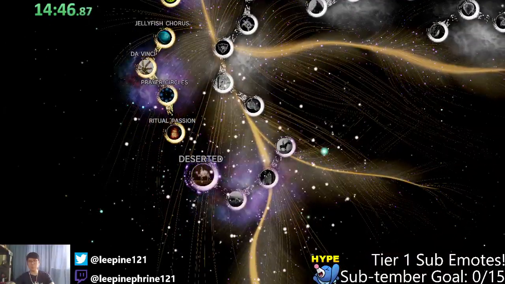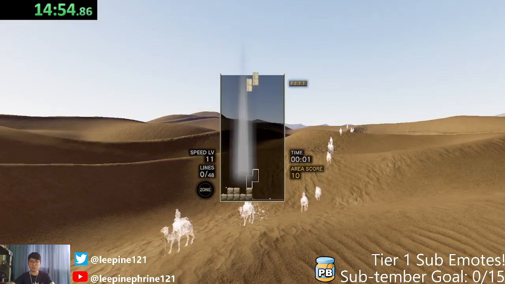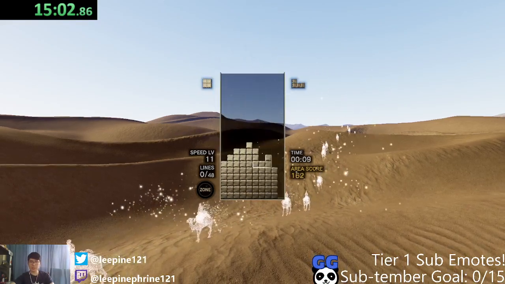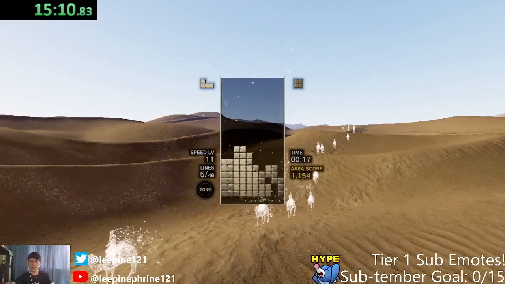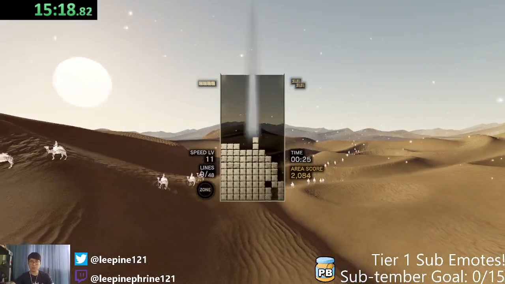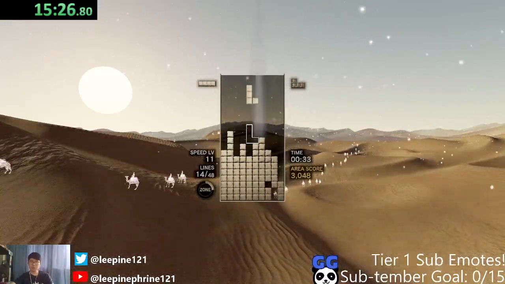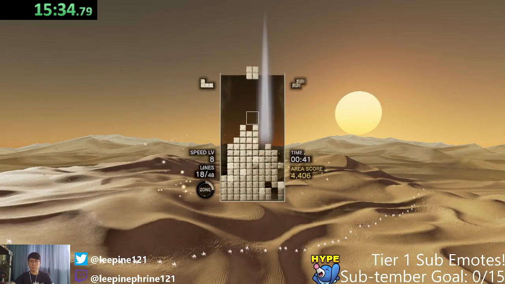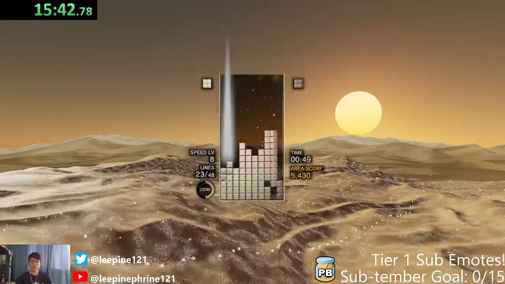Da Vinci, Pure Circles, and Ritual Passion. Next up, Deserted. I've seen this theme actually, although it's honestly been a while. I thought I could sneak that in. I ended up turning into a disaster there. Well, I say disaster, but... the music gave me somewhat of an Animal Crossing vibe. It's just me, but...